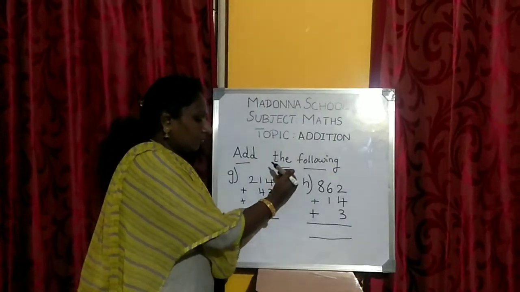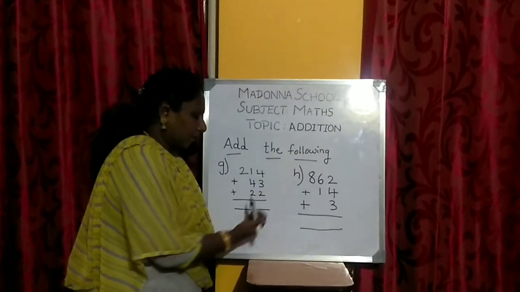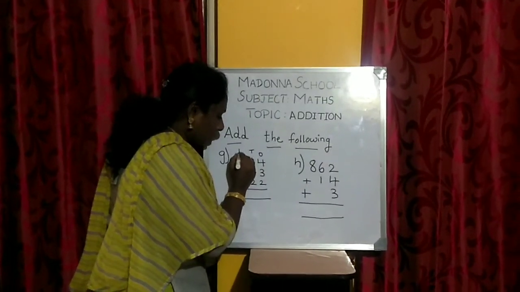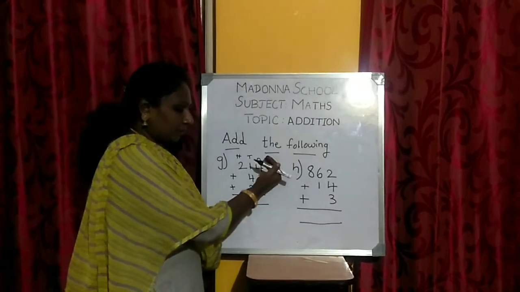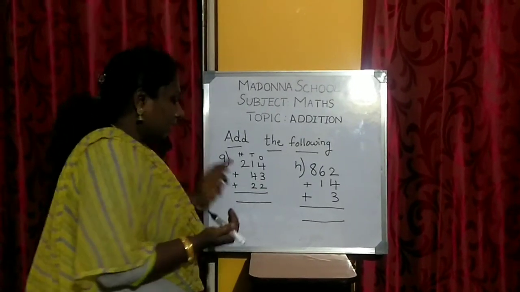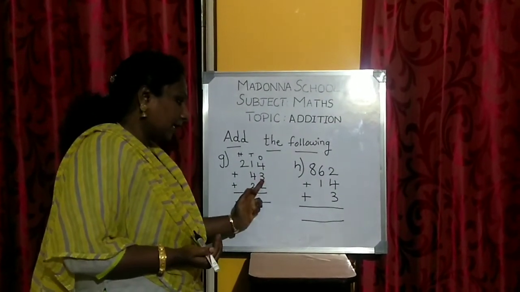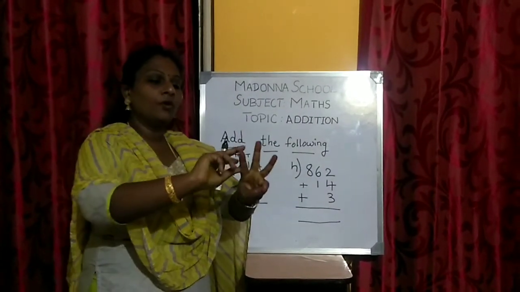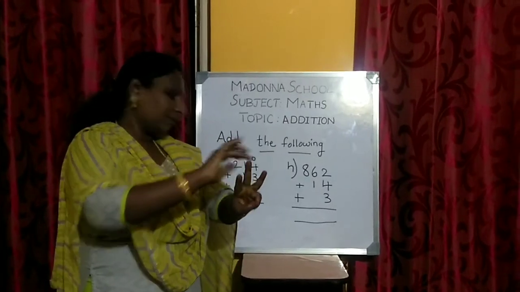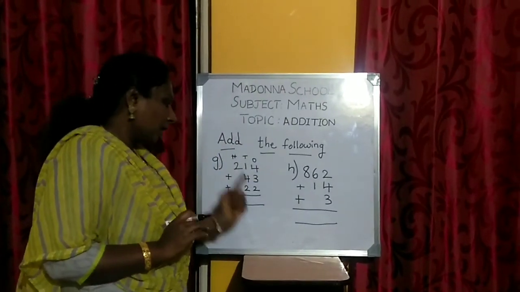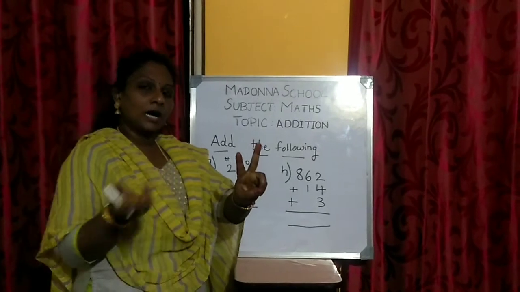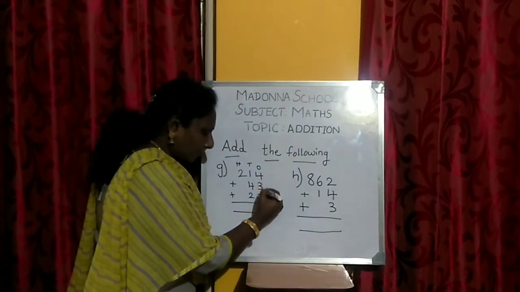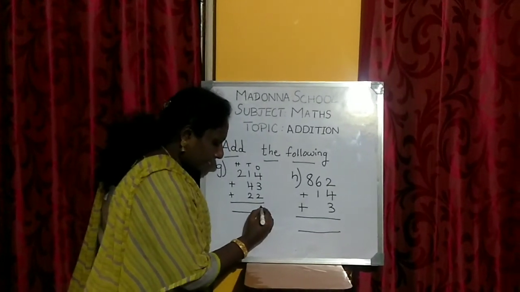We are going to add 3-digit number with 2-digit numbers. So write the place value first. Ones, tens, hundreds. So you have to add the numbers from the ones place. So start adding. 4, keep it in your mind. Second number, show it in your finger. 4 in your mind, 3 in your finger. After 4, 5, 6, 7. Okay. So 7 in your mind, 2 show it in your finger. After 7, 8, 9. So 4 plus 3 plus 2 equals how much, children?